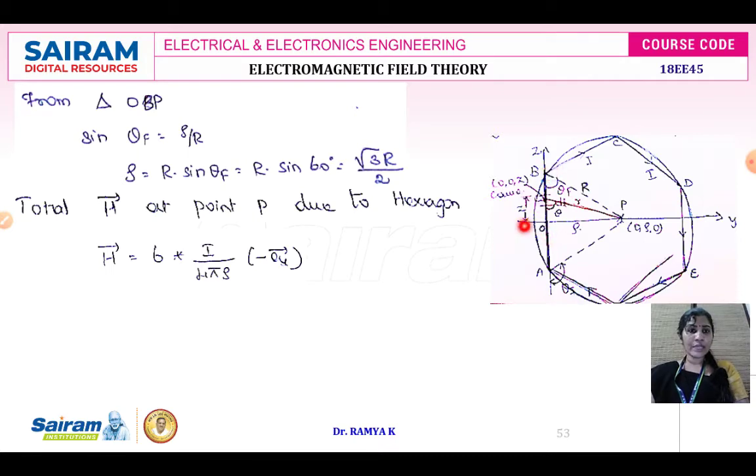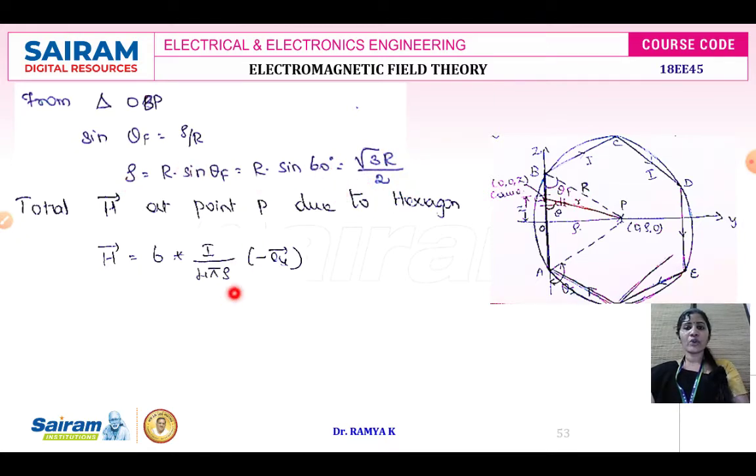Because it is inscribed in a circle, this is not going to be the complete value. Therefore, the rho value is equal to root of r square plus z square. The distance between them is your rho factor, and this is going to be r. So from this, if you identify your sin theta f, it is equal to opposite, that is rho, divided by hypotenuse r. From this you can identify the value of rho as root 3 r divided by 2.